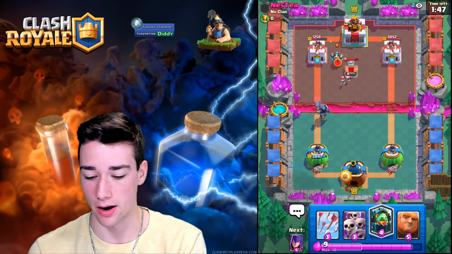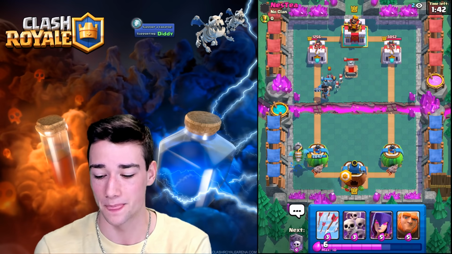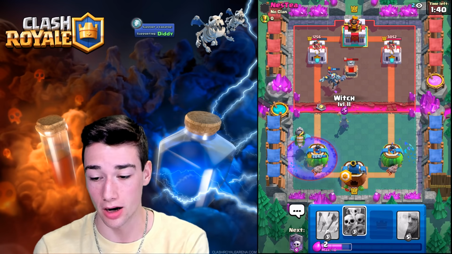Let's go in with our Inferno Dragon in the back. I mean, we have a big lead. There's no reason to go too crazy with it. It's not even double elixir yet, and we're vibing. So let's go in with the Witch here. All right, we do see...